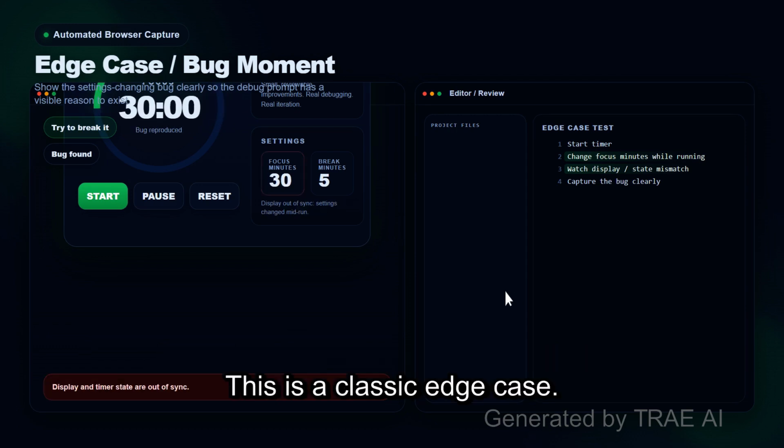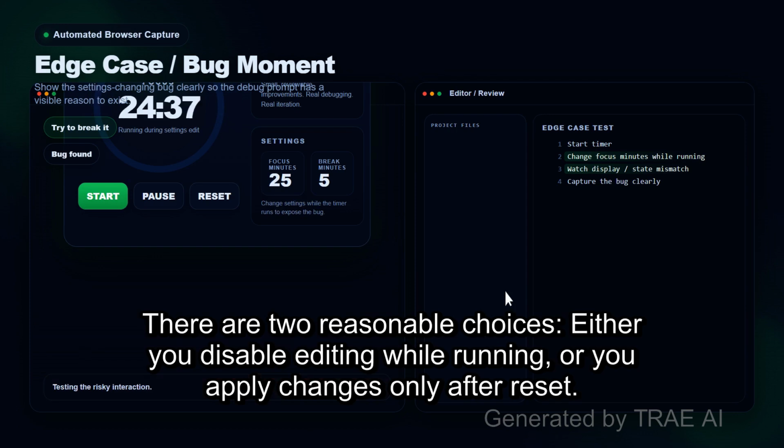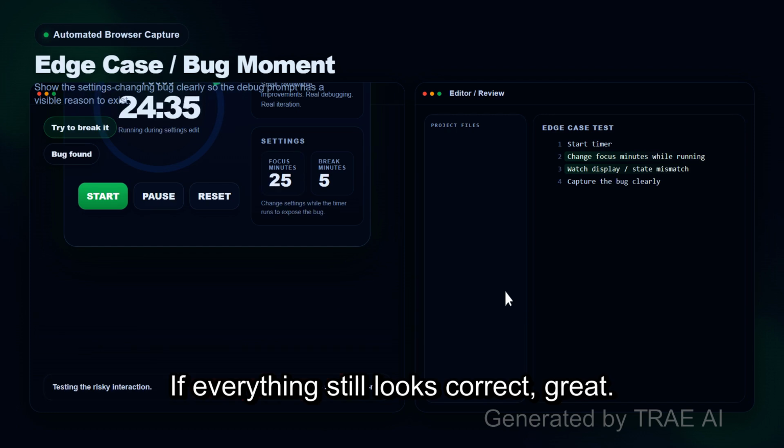If the app lets me change the minutes mid-run, what should happen? There are 2 reasonable choices, either you disable editing while running, or you apply changes only after reset. But the worst outcome is when the UI half updates and the timer logic disagrees with the display. If everything still looks correct, great. But if we see a glitch, like the display jumping, or the remaining time resetting unexpectedly, that's our first debugging